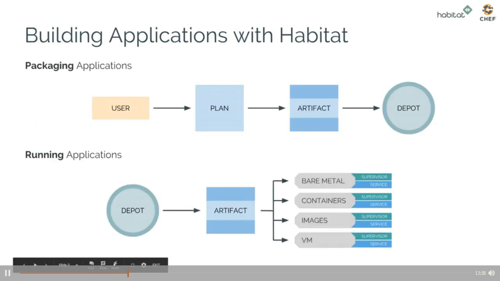So building applications with Habitat, as Dan kind of went over, we'll dive in a little bit deeper here. We start on the developer's laptop, like you do with other applications. We build out something that's called a plan file. And the plan is a shell script that's written in the target platform that you're going to be deploying to. So in the case of Linux systems, that's a shell script. In the case of Windows systems, that's a PowerShell script. The plan describes your application, all of its configuration, all of its lifecycle hooks, and builds out an immutable artifact. It's a HART file that can then be pushed up to a depot